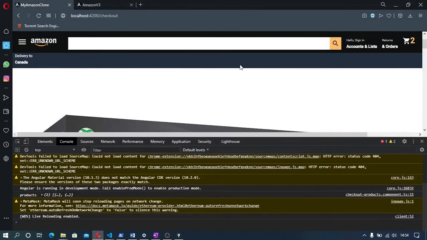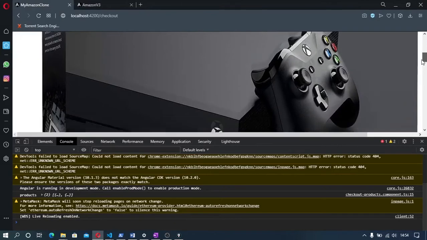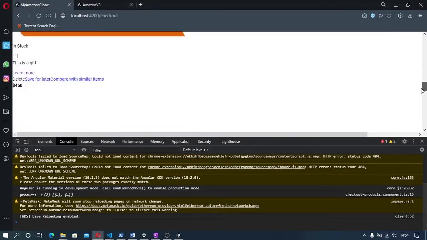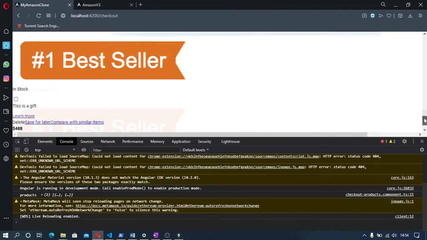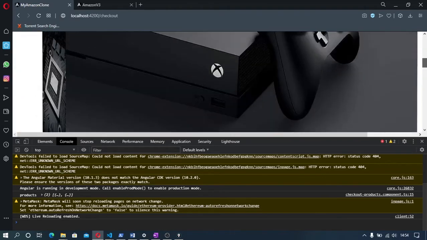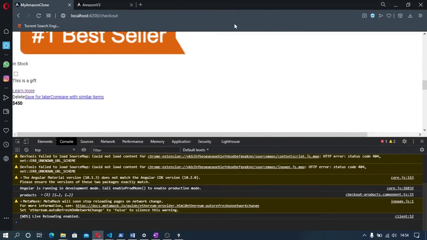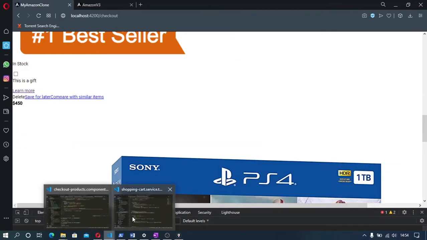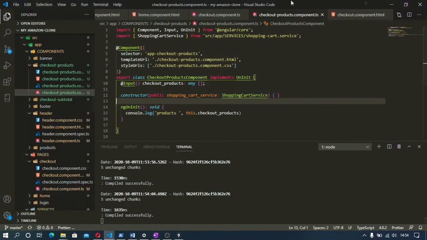So let's save again. See if we're still getting errors. We're not getting errors. Let's see whether we're actually fetching. So we're actually fetching this and the price, and we have two items. So we have the PlayStation and the Xbox, and they're actually loading, and it looks a bit funny, but we're going to